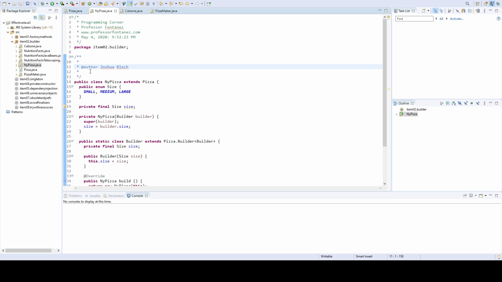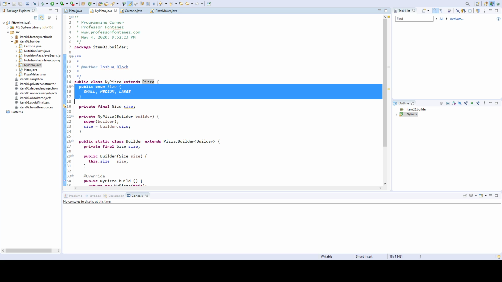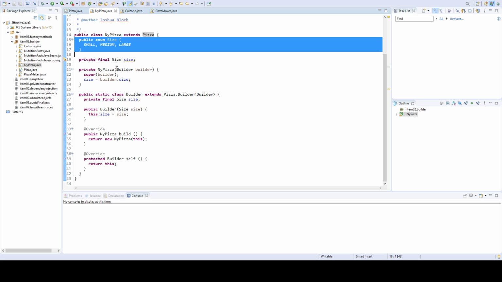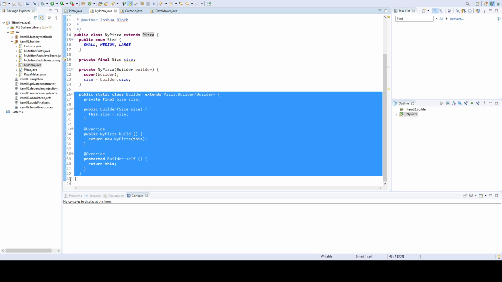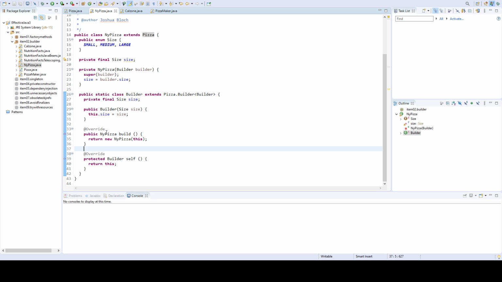It just looks like a regular POJO. In this case, the New York pizza is extending Pizza, and it has an enumeration of different sizes, and then has a static builder that basically does the building of the pizza. So it returns a new instance of New York pizza when it's done, passing itself,